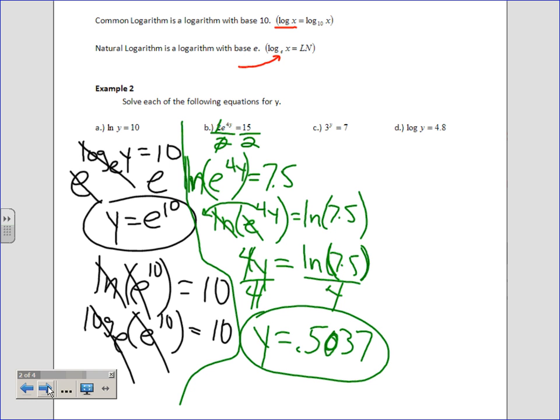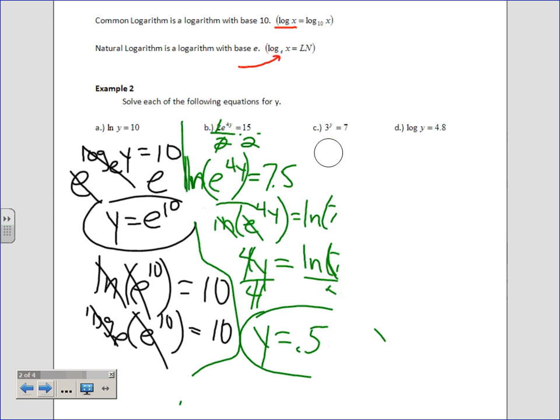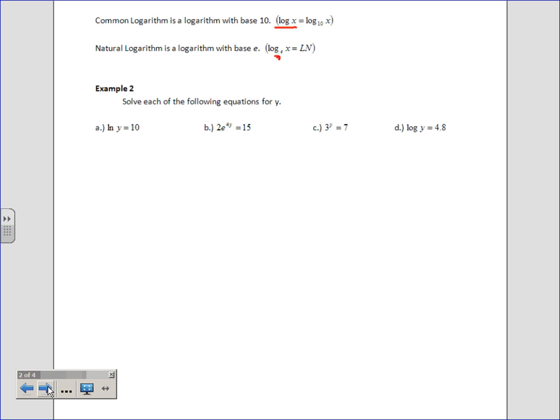Now, these next couple have various ways you can do them. So 3 to some power has to be 7. Well, we can get a guess, right? Because 3 to the first is 3, 3 to the second is 9. So it's between 1 and 2 somewhere, right? 1 point something. Okay, so